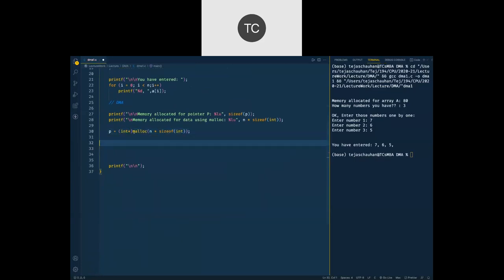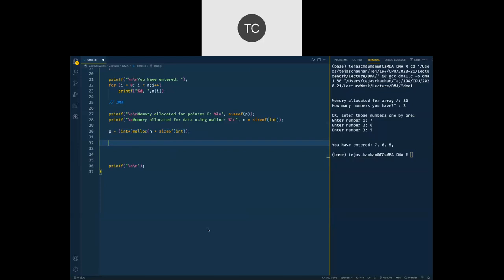Whatever memory address we get, we will convert that address to an integer pointer and then store it inside variable p. This is the actual syntax, the actual statement that you are going to write when you want to allocate memory.